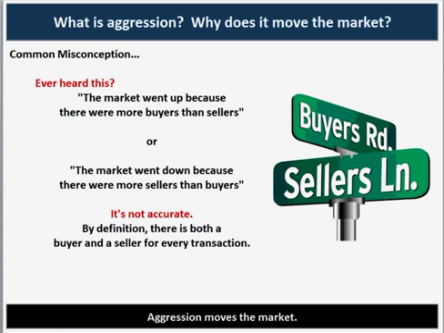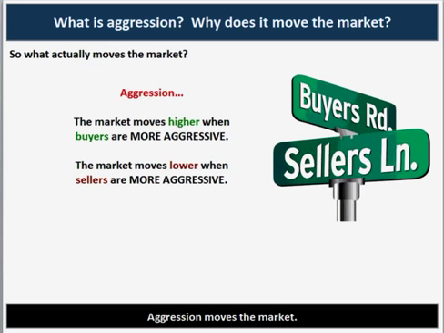And to do that, you may have heard in the past, or some of the talking heads on TV, or you see in the newspaper that don't know as much, the concept: well, the market went up today because there were more buyers than sellers, or the market went down today because there were more sellers than buyers. But if you think about it, that is not accurate. By definition, every time there's a transaction, there's both a buy side and a sell side. So anytime it's not more buyers or more sellers, it's when one of the sides is more aggressive than the